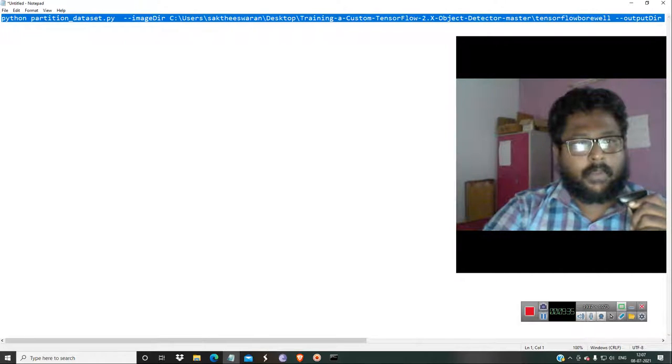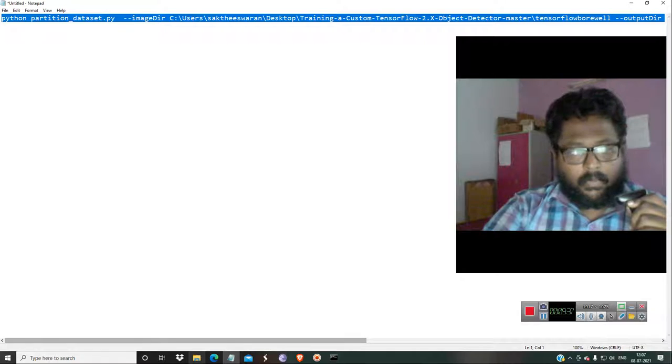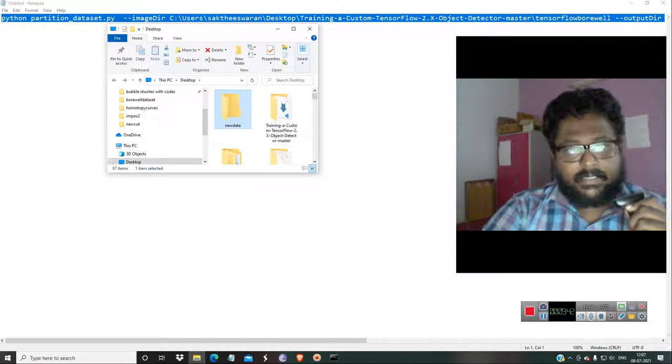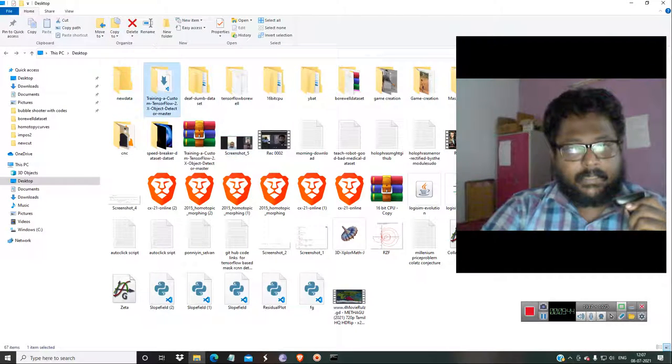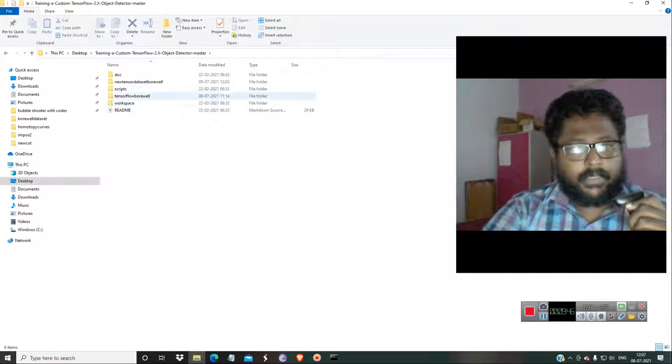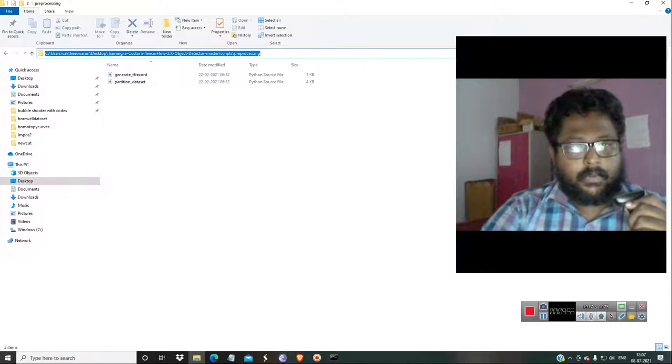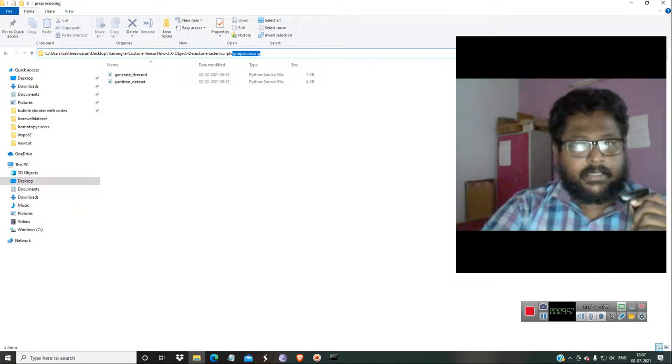Okay, now you have to copy this, and now you have to get over here. So in this no TensorFlow or anything is needed. So this is the GitHub repo we have cloned. You have to go from here to this pre-processing thing, scripts, pre-processing. So partition dataset is over here.